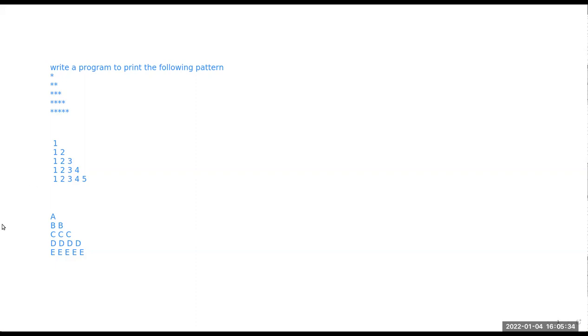So here there is a tricky part while I'm trying to do this particular alphabetical pattern. Some tricks are there. First I would like you to do it on your own. Then I'm going to show you the code and at the same time the output. By the time, I'm going to make it ready. So 4:06 is the time, and I think 4:10 will be the best time by which you can cover it. I am going to show you the code and the output, right? So by 4:10 you will do it.